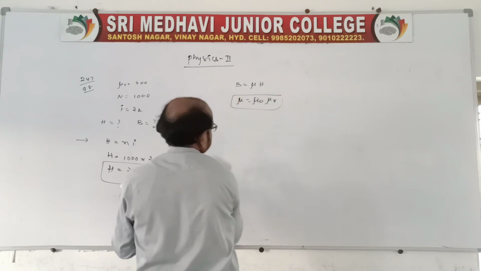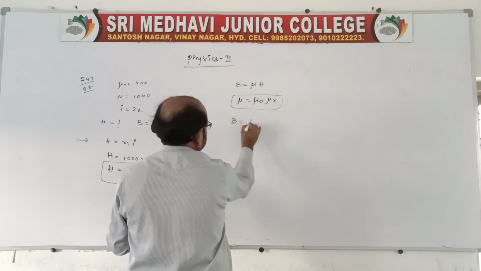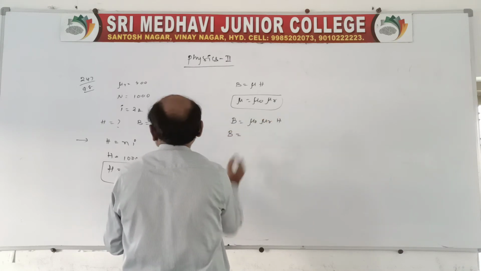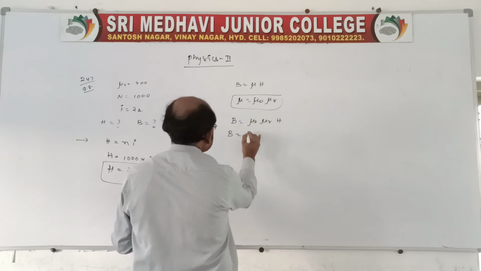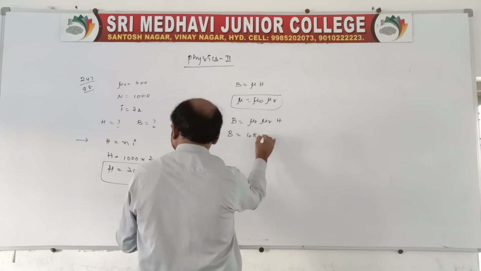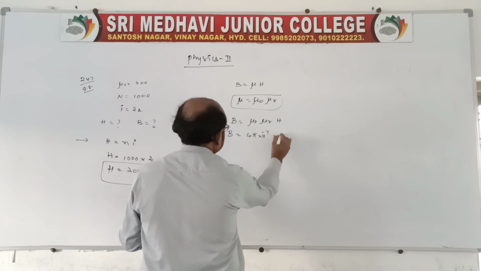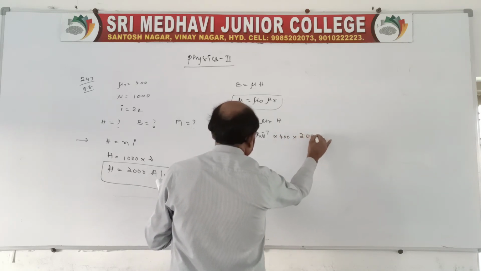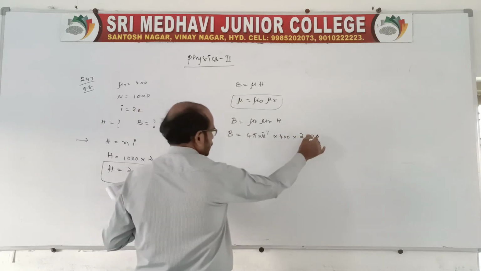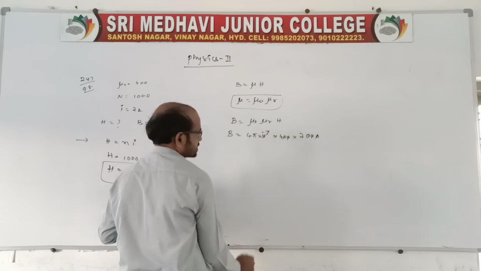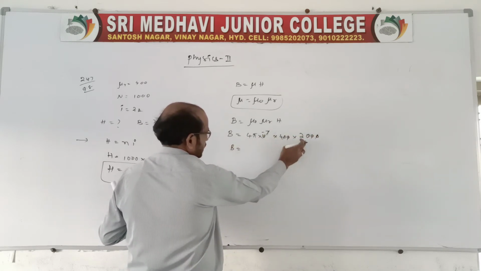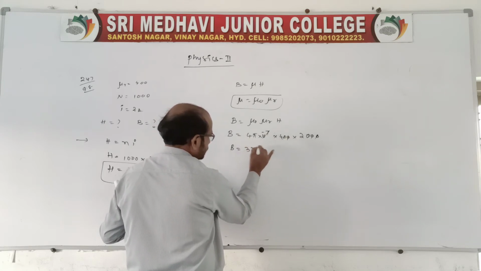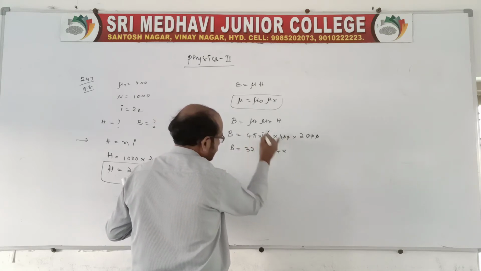So B is equal to mu naught mu r into capital H. So B is equal to mu naught, which we know is 4 pi into 10 power minus 7, into mu r which is 400, and capital H which is 2000. See, let us cancel 1, 2, 3, 4, 5. 5 is cancelled. Then B is equal to 8 into, or 16 into 2, 32 into 3.14 into 10 power,